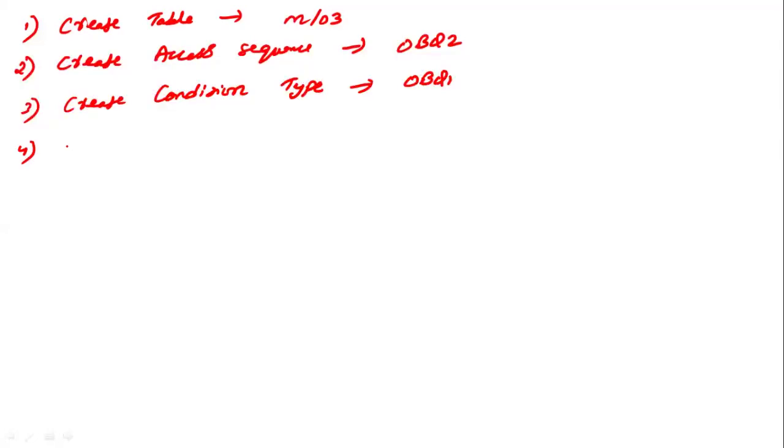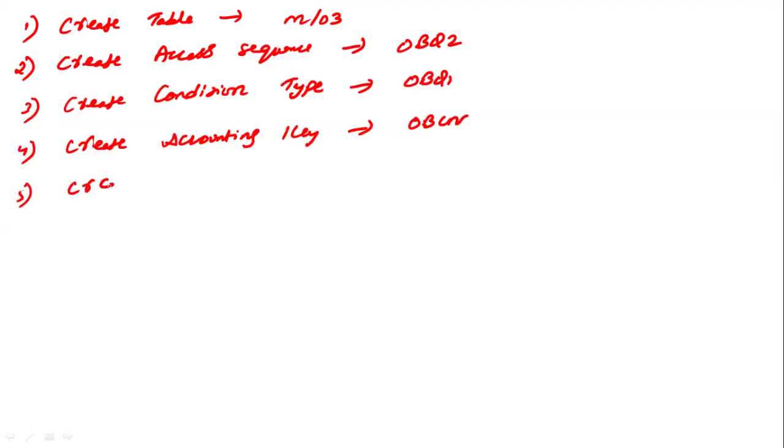Then you have the transaction keys or accounting keys, we can call them accounting keys, because the tax amount is not going to load on the material. You'll always load it on a different GL. So we saw the freight. Whenever we configured the freight in the pricing procedure, we used to maintain the accruals. So in the accruals, the freight amount was falling under a different GL account based on the accounting keys. In the same way, if you want the amount to fall under a different GL account, then you need to have a different accounting key created. And for those accounting keys, you need to assign the GL account.